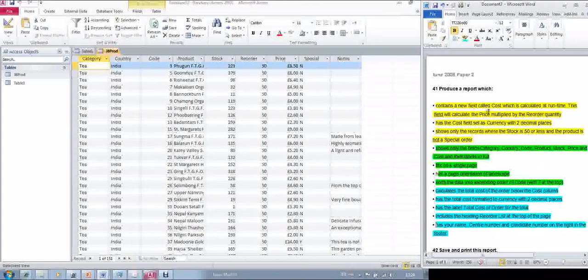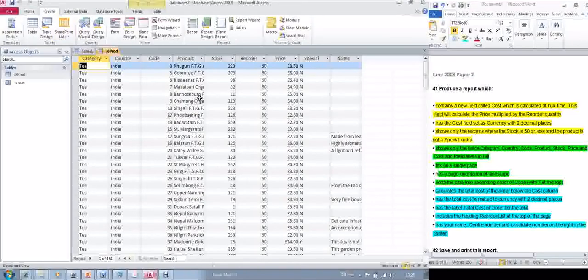Report design. So I've now decided which questions I need to answer in which section. So the first 3 points here I need to do a query for. So I have my data open and I then need to create a query. So if I go to the Create ribbon and then select Query Design,